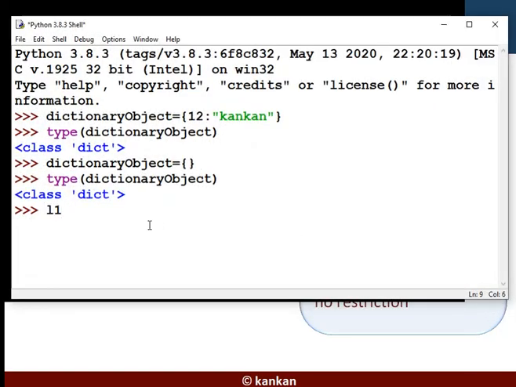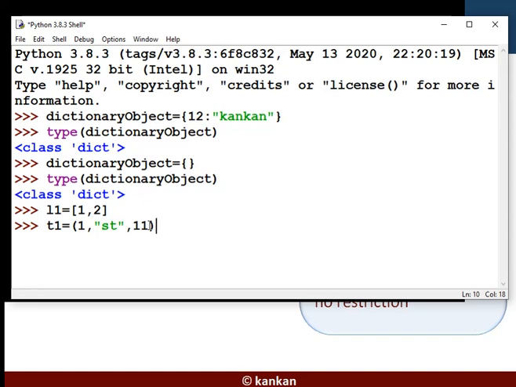Suppose L1 is a list and T1 is a tuple. Okay, so here T1 tuple contains L1 list. For this reason, T1 cannot be used as a key.